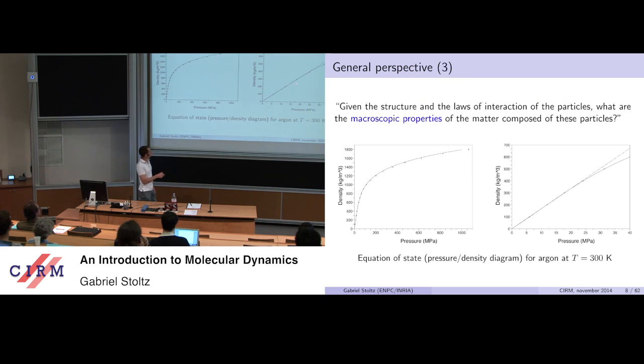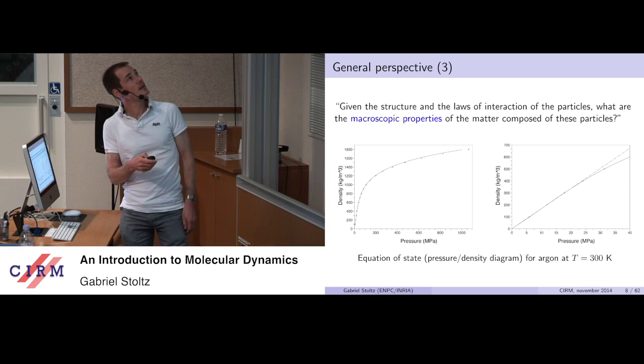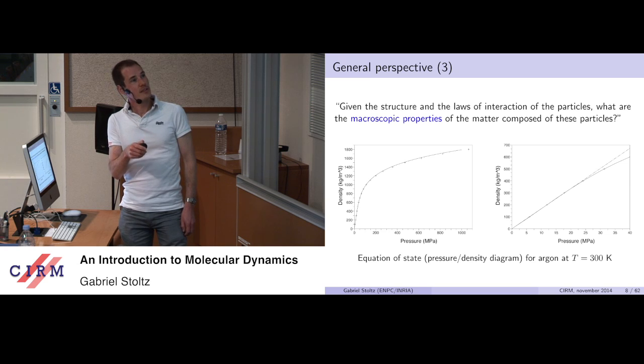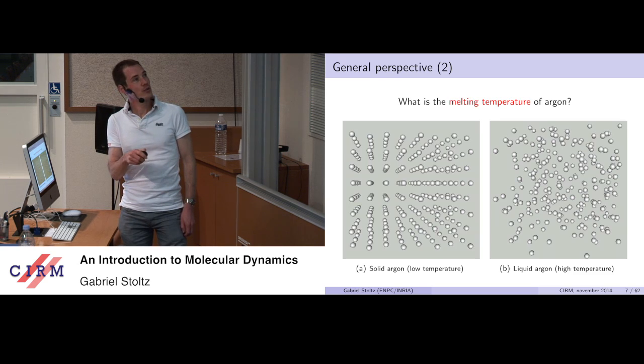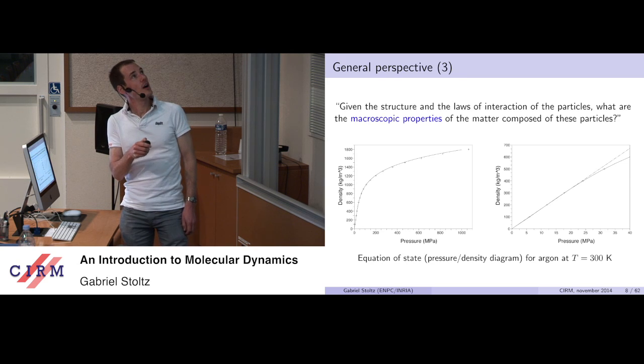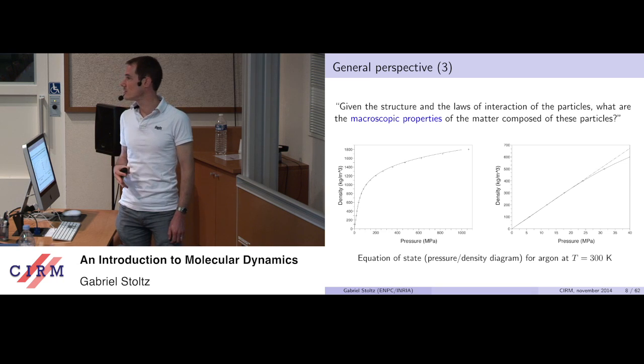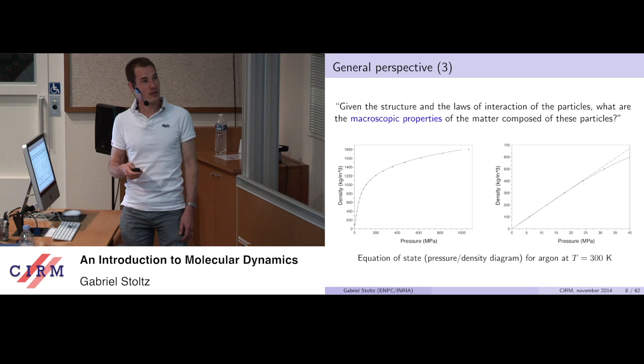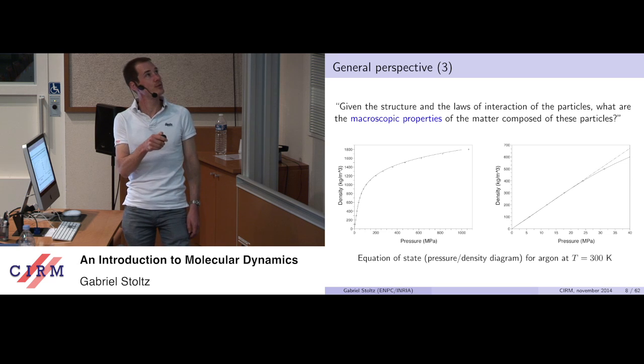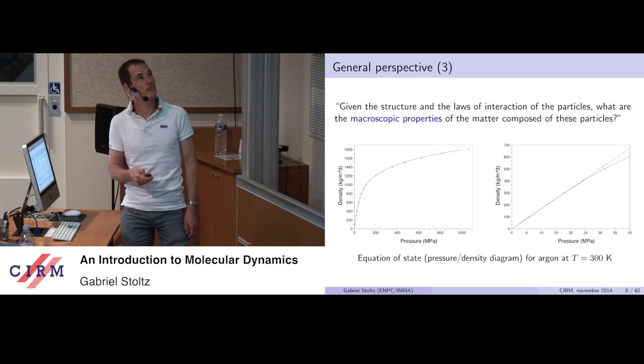And on the right, I make a zoom of that first part to show you that in the low pressure, low density regime, you indeed start off like the ideal gas. And here the important motto of statistical physics is really this one: given that you give yourself some rules for the interaction between two particles or several particles together, how can you recover a macroscopic property like, say, an average pressure when you fix the density and the temperature? It will really be my goal today to explain to you how to compute one of those crosses on this diagram.